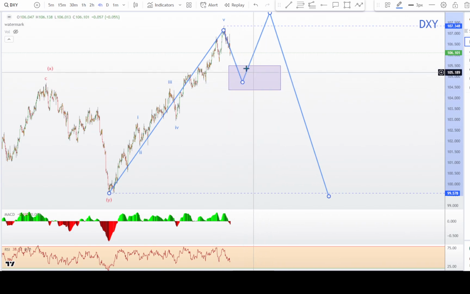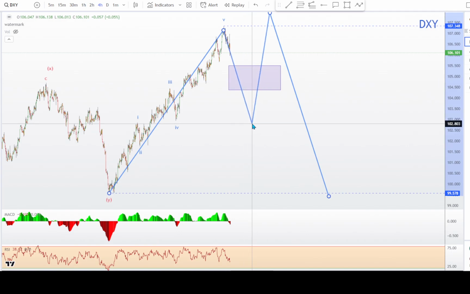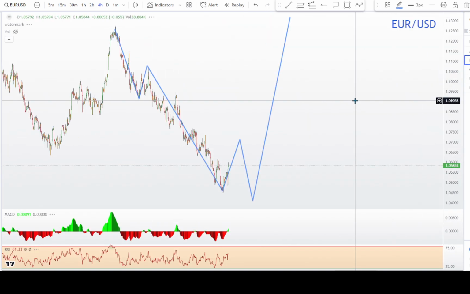Especially when they get into this zone, what happens? Do they start to consolidate in here and then start pushing it up, or does it keep sagging? Which could be that this is the start of an impulse. So this will be, I think, an interesting area to watch. So when we go on to the pairs now,